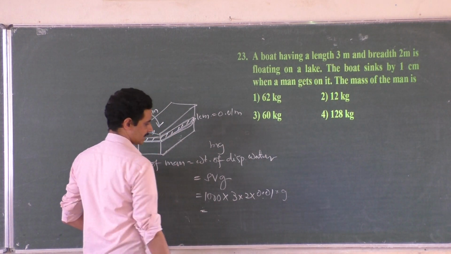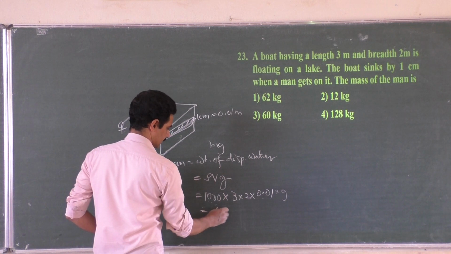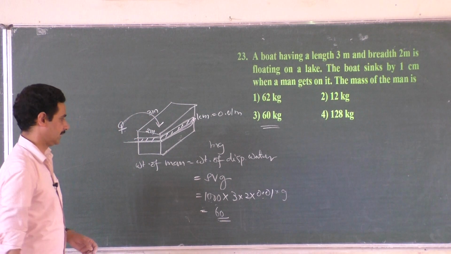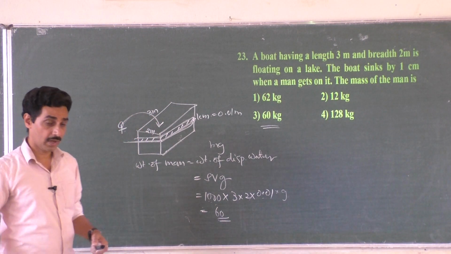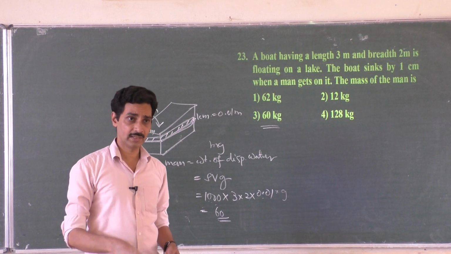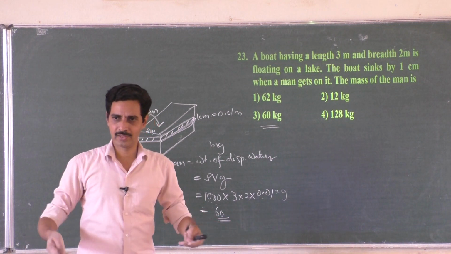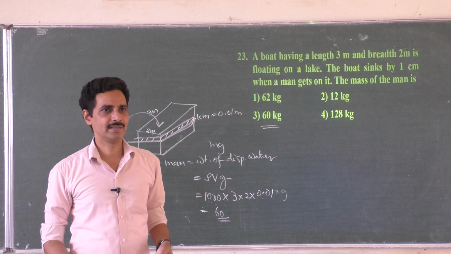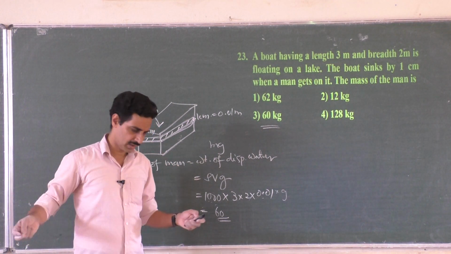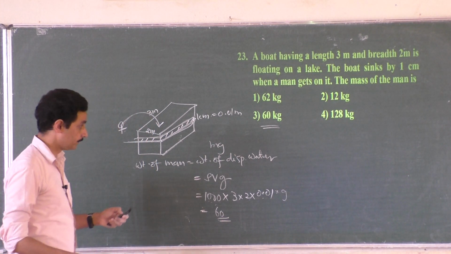1000 into 0.01 is 10. 100 into 0.01 is 1. This is 10, this is 60 kg. So only 60, yes. That is the mass of the man, right? So the man is not coming out of the water here. If he had come out of the water and got into the lake, of course, if it is a tub, it is okay, you can see the change in the level of water. Suppose the man is in the river and coming back, you can't find out the change, because the water is in a huge amount. Okay.